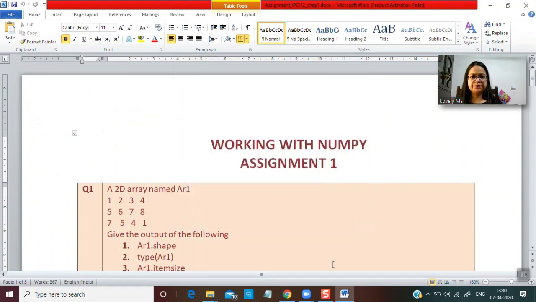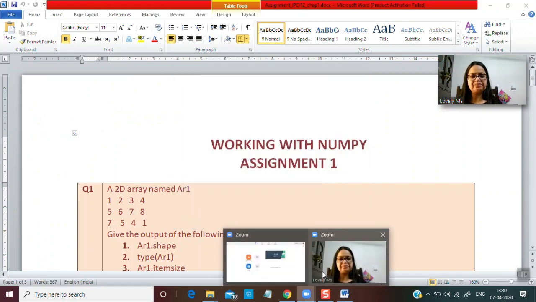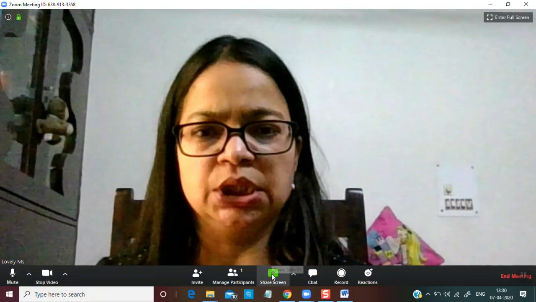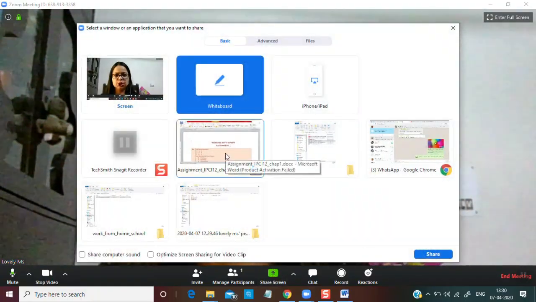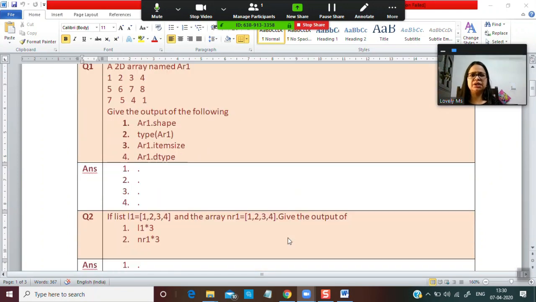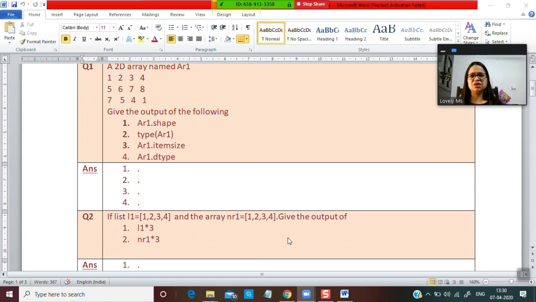Yes, so you've opened this. Now you can go to Zoom and then go to share screen and you can see your assignment page is there. So you can just click there, and this way you can share your assignment or PPT if you want to